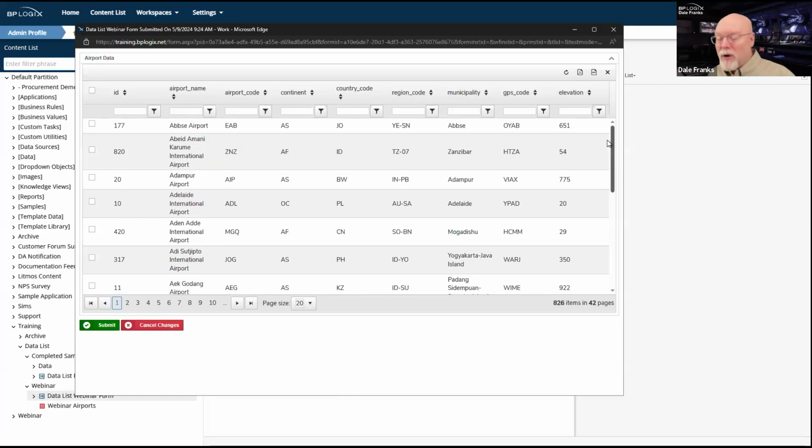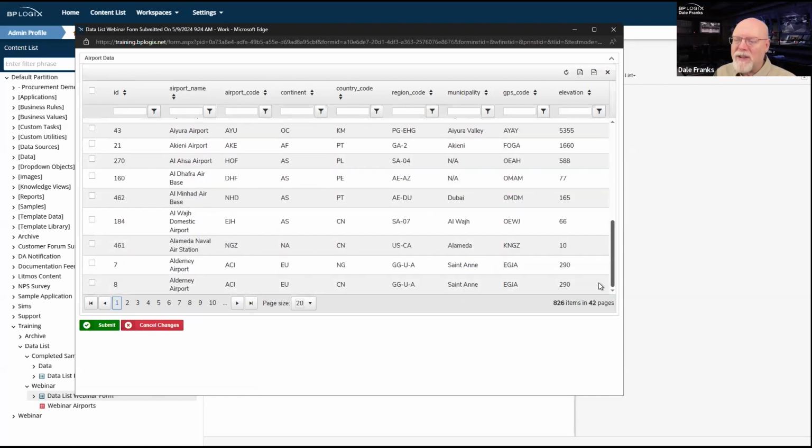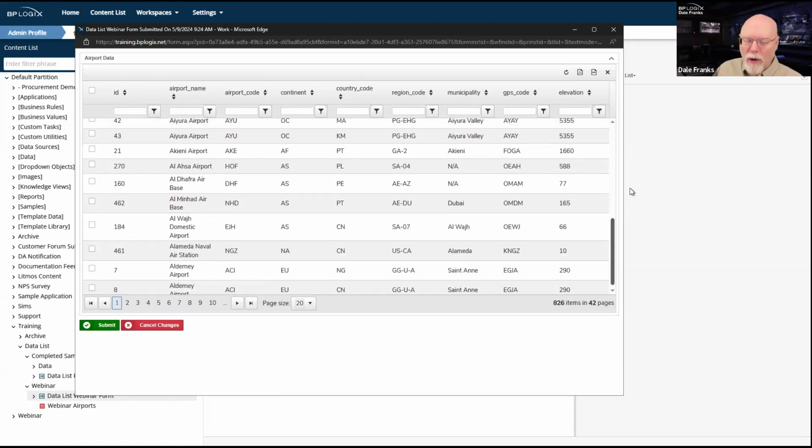The alternative argument, of course, is that it does take up the amount of vertical space that it takes up on the page. So if I say I only want the data list control to be 600 pixels high, okay, fine, but I'm taking up 60 to 80-ish pixels in vertical height just by having a static header that doesn't scroll out of view.